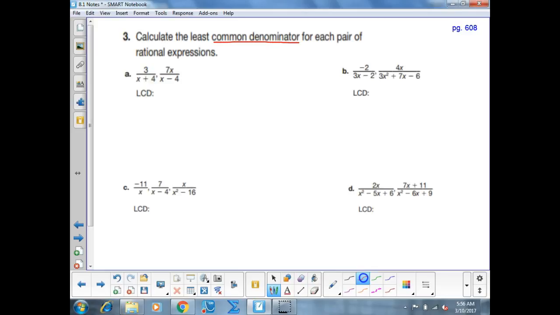So what you do, I'll go right down the middle with them. First thing you do is you factor all of your denominators. And then you're going to write all of the factors